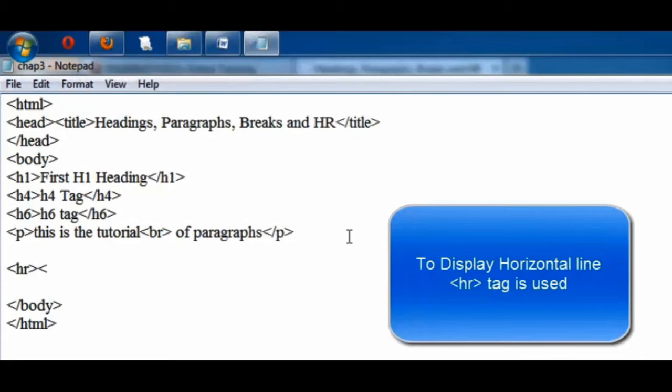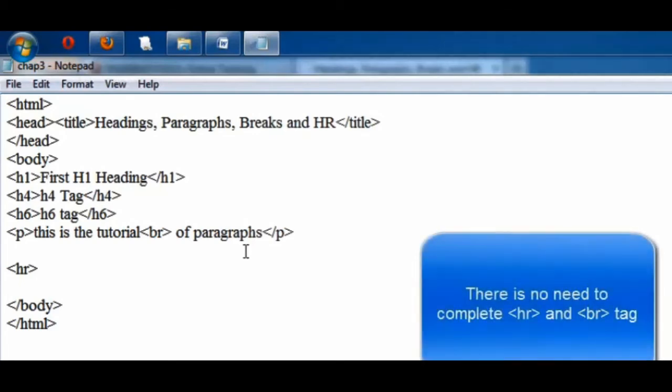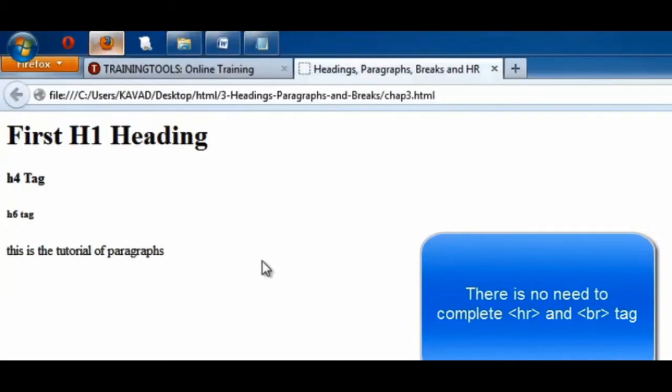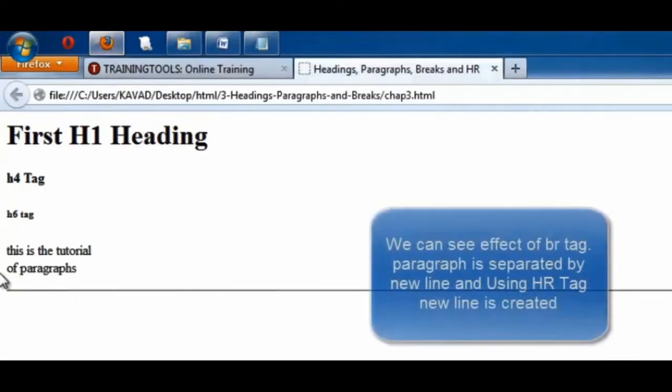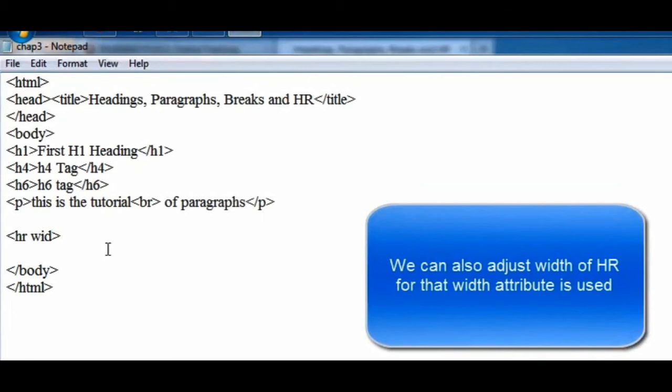We are simply talking about tags today. We will also discuss their attributes after understanding the use of tags. Now, when you take the HR tag, as I told you before, both are empty tags. Now check, BR tag I have taken. So after the BR tag, what was in the paragraph has come to a new line. And HR also, you take HR. This is the attribute. See, if you want, just make it 50%.